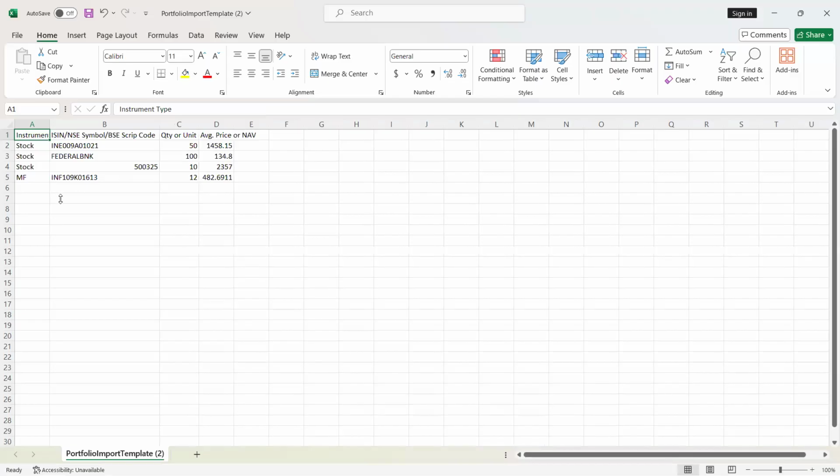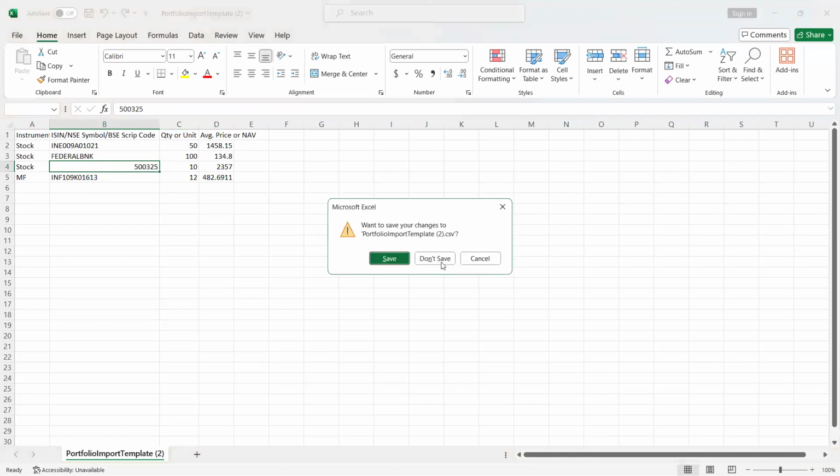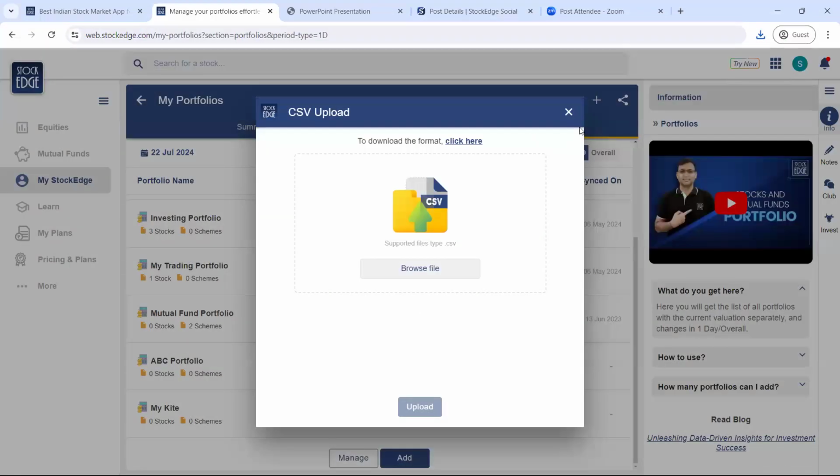Okay. So if you can see, this is the NSE stock of Federal Bank. You have 100 quantity and at an average price of this, right? And this is probably a BSE stock, which is numerical data, and the number of units as usual and the average price, right? So this is how the portfolio template works, and you can simply upload this to get your portfolio instantly, right? But other than that,